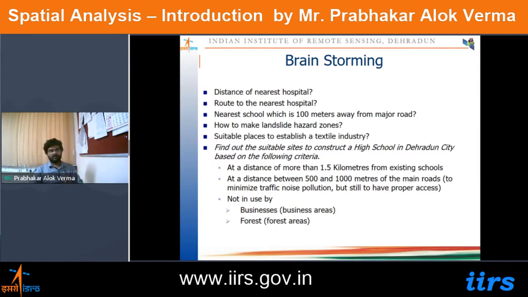But suppose you have to find out the nearest school which is 100 meters away from a major road. This is the kind of analysis which is not usually readily available in Google Maps or other platforms. So for this analysis, you need to have the spatial data. What kind of spatial data do you need? Since your objective is to find out the nearest school which is 100 meters away from the major road,